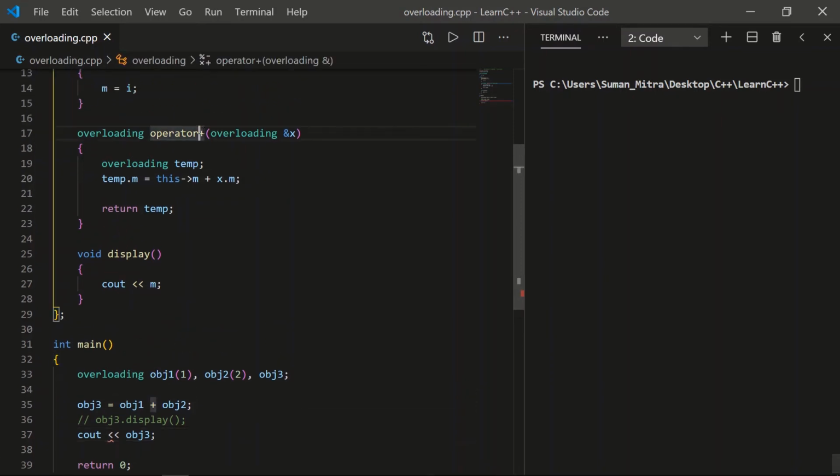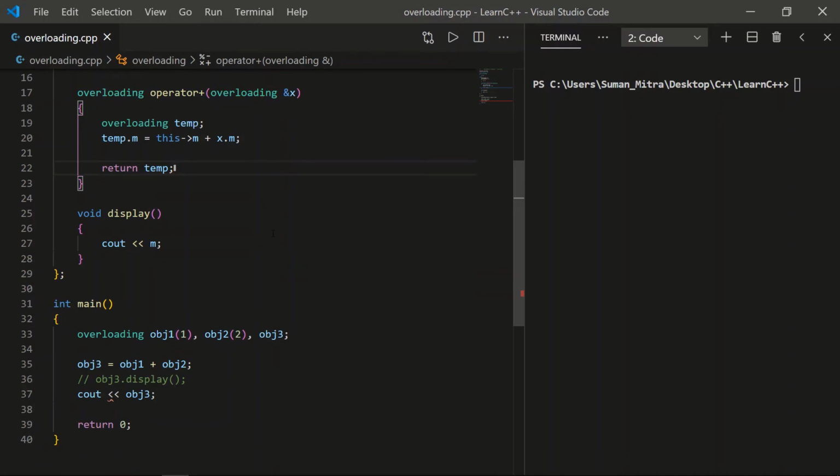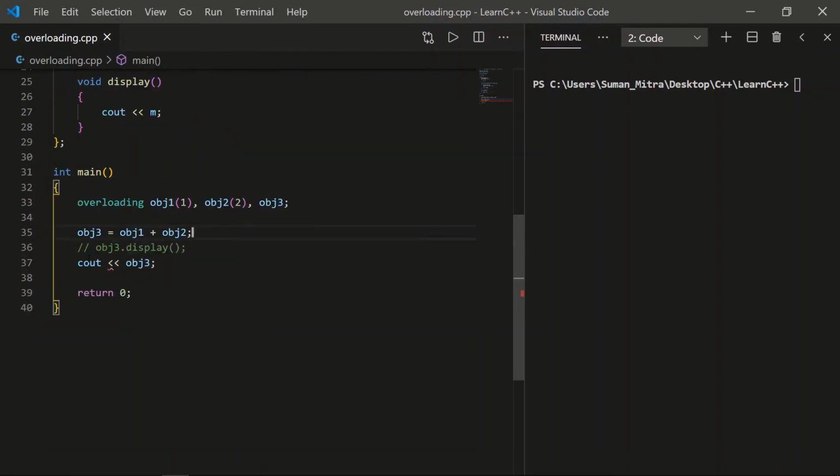You can do anything here, plus minus whatever you want, and the first value is the direct value, the one that is passed first, and the second value is the one that will be passed by using this ampersand by the argument inside this operator. So I hope you understood. Plus minus is the same, multiplication is the same. Now we'll do this for cout, this less than, there are two less than signs, so we'll try to overload this. To overload this operator we need to create one overloading functionality.